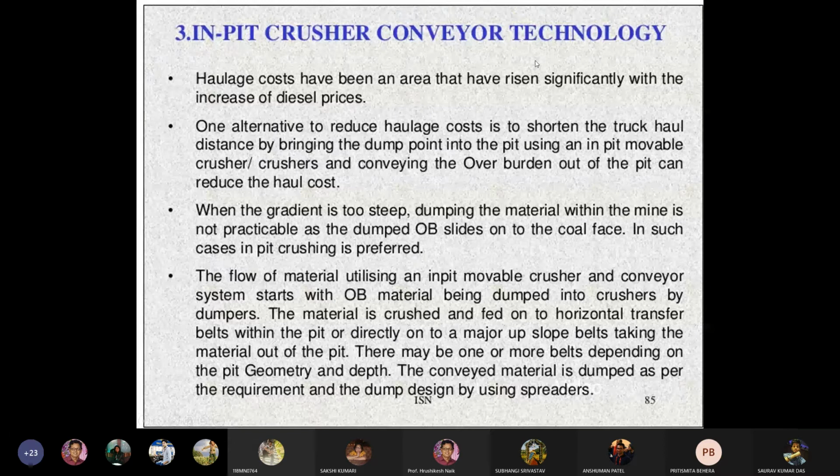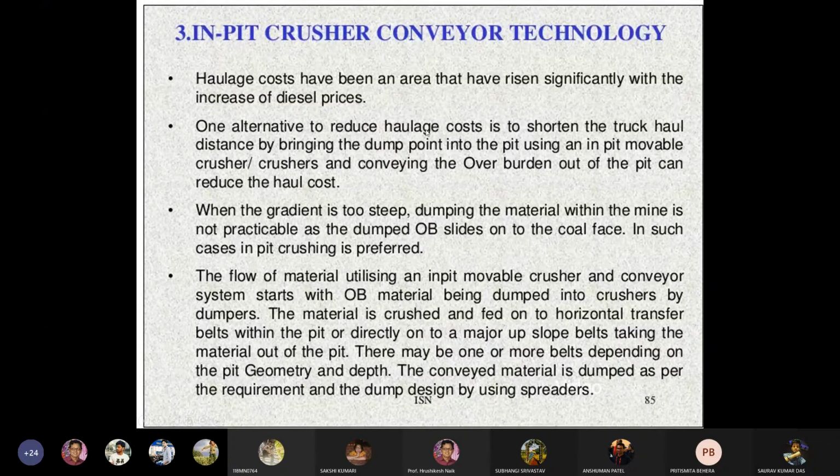In in-pit crusher conveyor technology, haulage costs have been an area that has risen significantly with the increase of diesel prices. If you are using dumpers, the diesel price is very high. Therefore, the cost of transportation is very high. But if you are using conveyors, the transportation cost will be less because conveyors can be run by electricity.